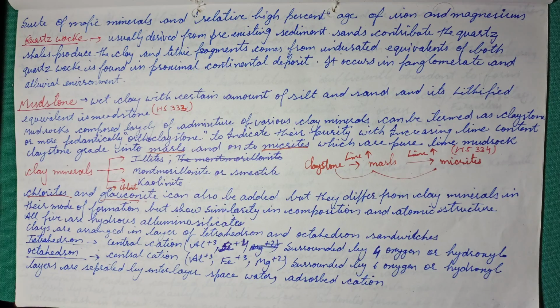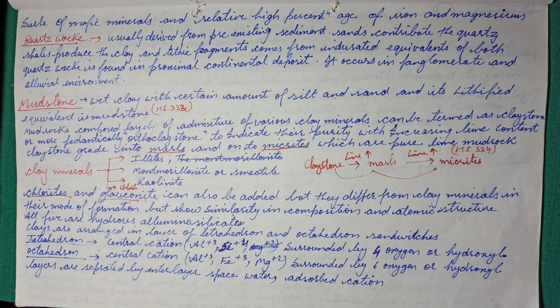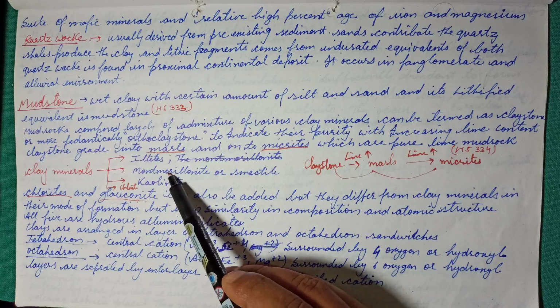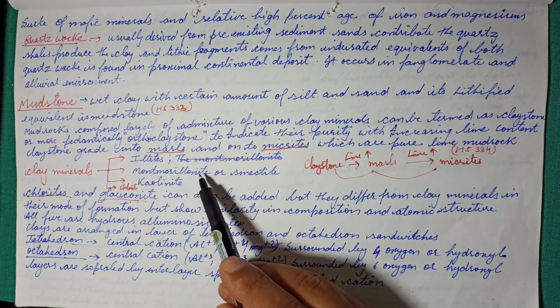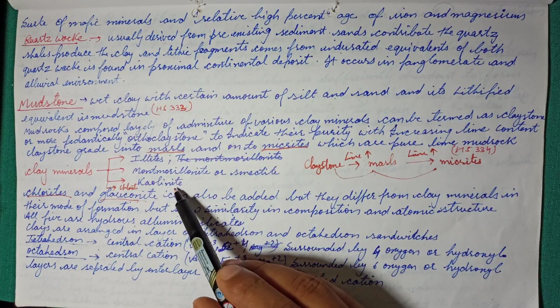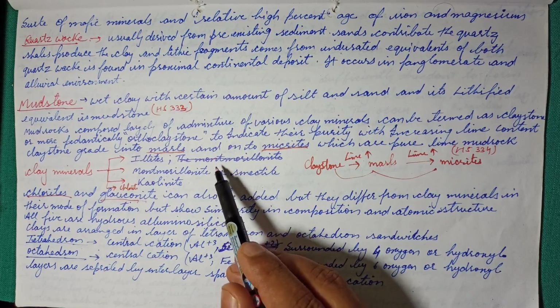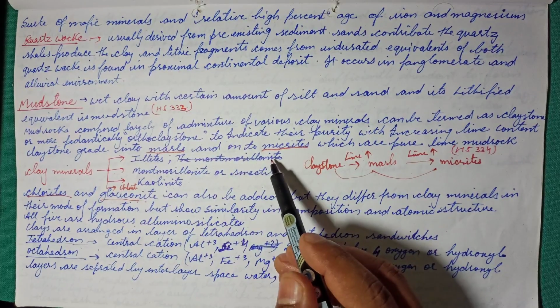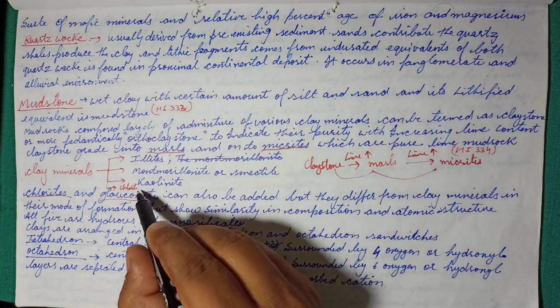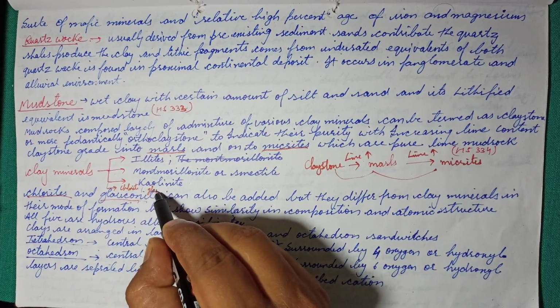Today we will be studying clay minerals. There are five types of clay minerals: illite, montmorillonite, which can also be called smectite, and the third one is kaolinite. These three have one mode of formation, and the other two, chlorite and glauconite,